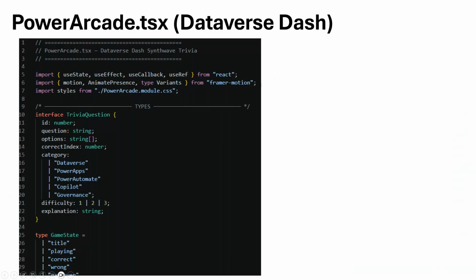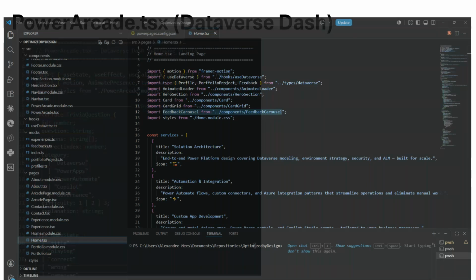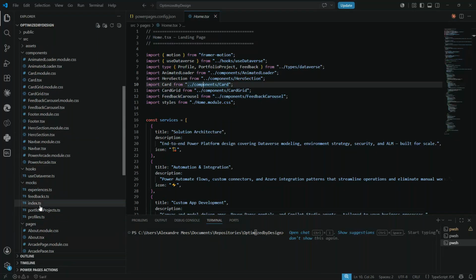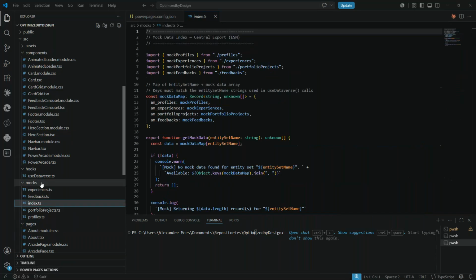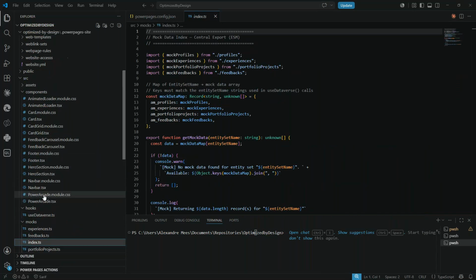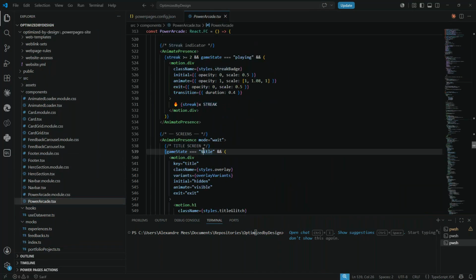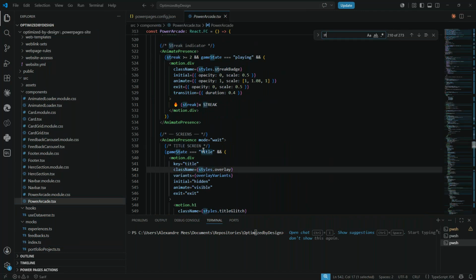So really that's kind of the fun one that showed me everything you could bring in. I was pretty impressed because it added some really cool functions like the streak logic that I showed you earlier. That's the part where I wanted to explore what it did. So if I look into Power Arcade here and I look at streak,